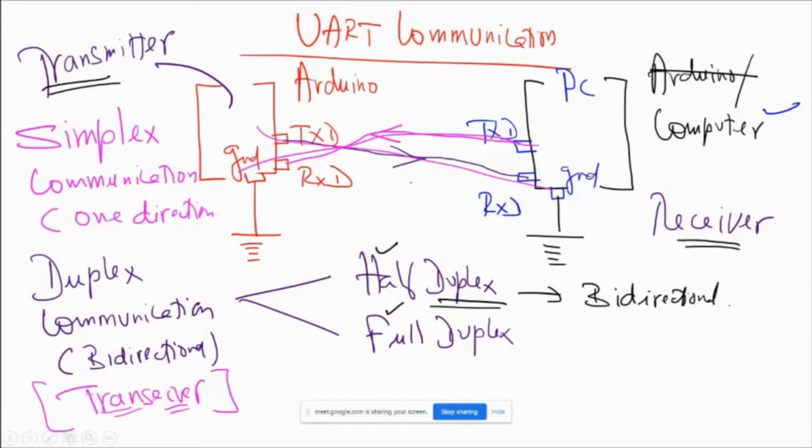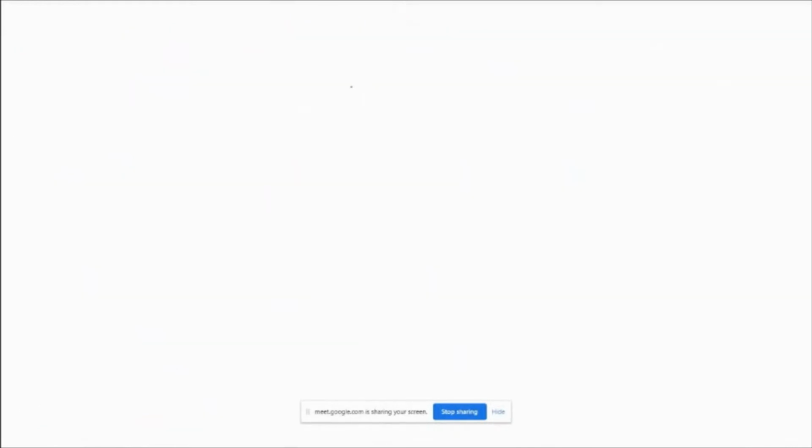For humans, this will result in big chaos or confusion, but for machines, it is too easy to handle. So the full duplex method is the most preferred method of communication for machines. Half duplex is most preferred for humans. Next comes the hardware part.